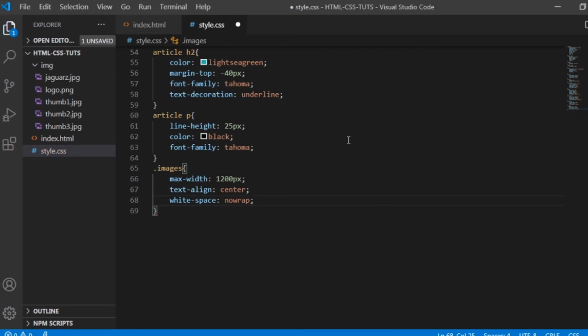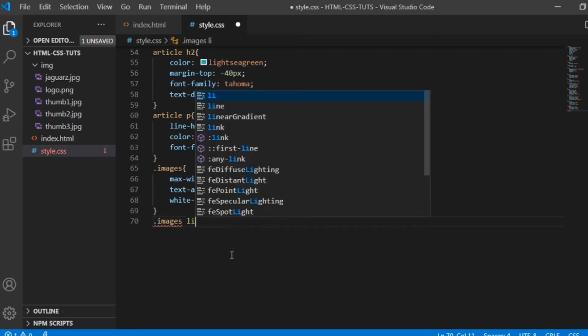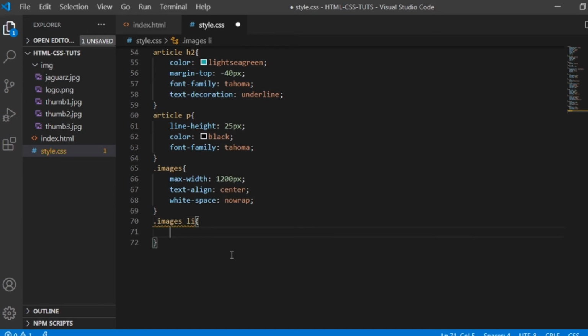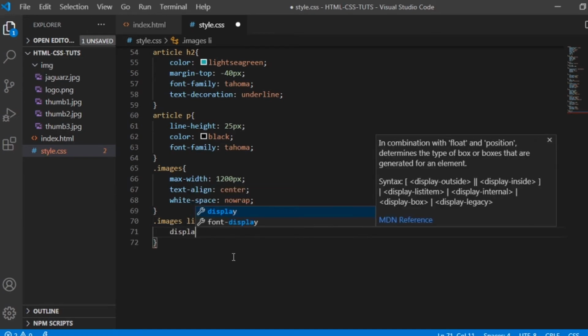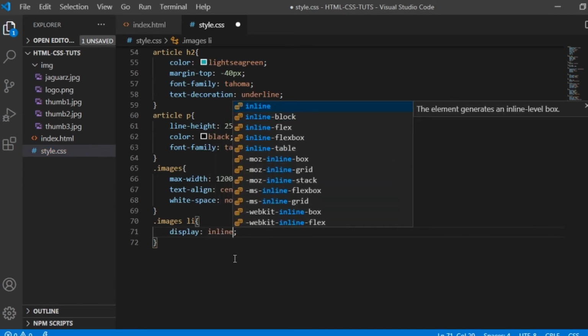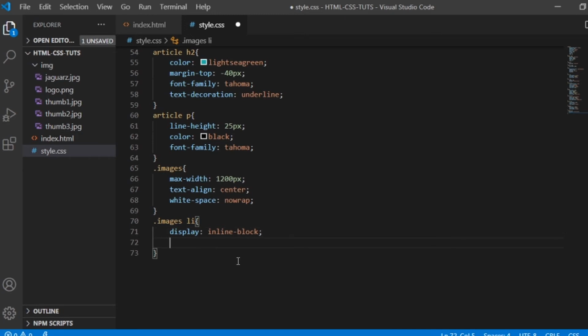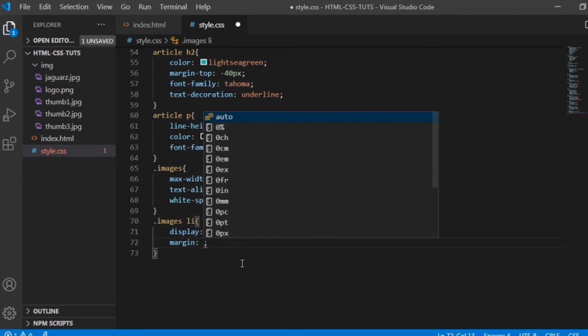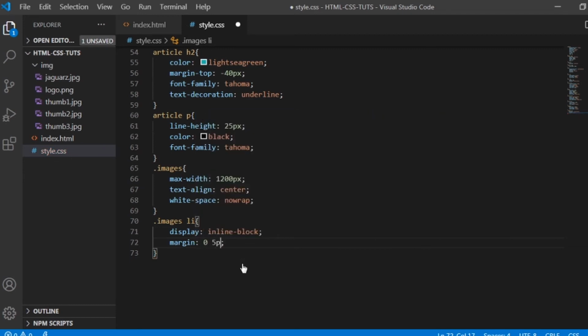Okay, and then let's create a design for our list. Okay, so dot images li, and then let's create a design declaration. So let's say for example display, it's gonna be inline block, and then we will give a margin 0 to 5 pixels. Okay, so after the list or the li, let's create now the height and width of our image.